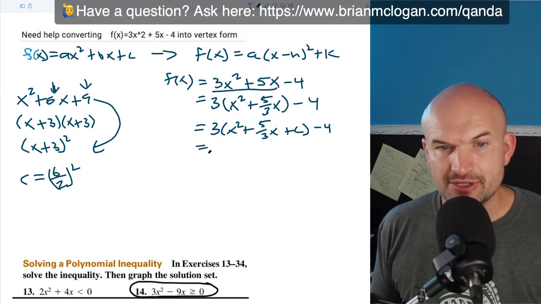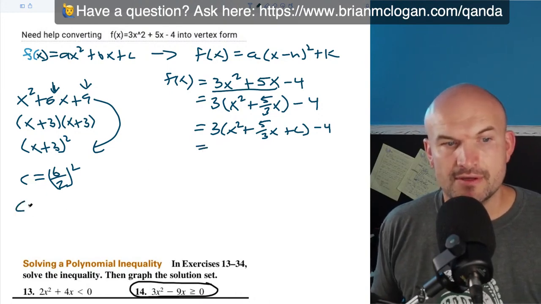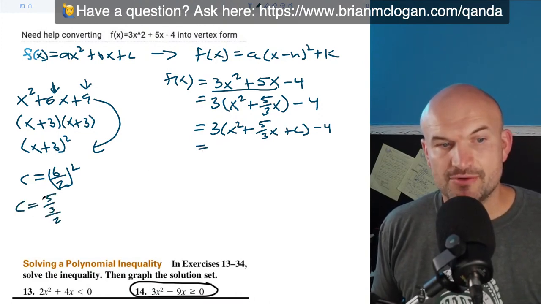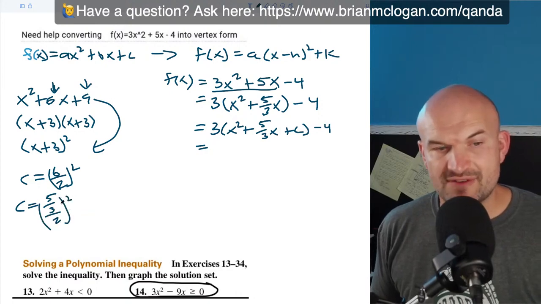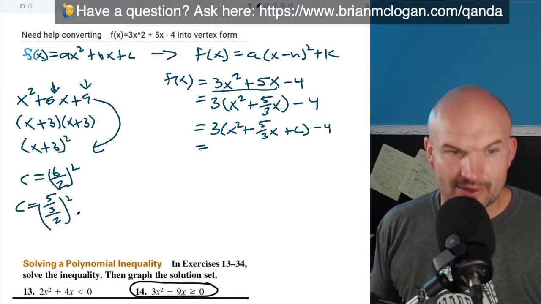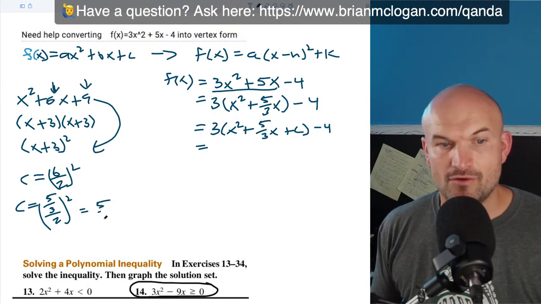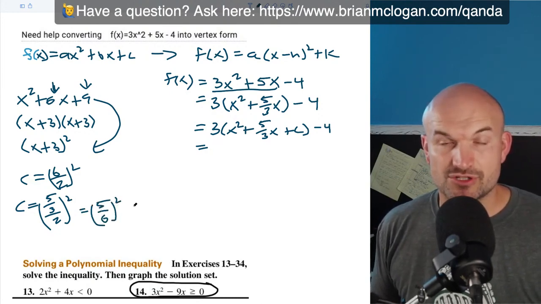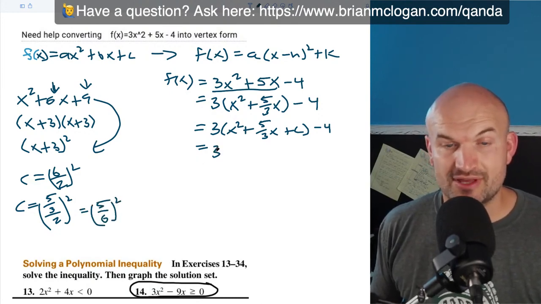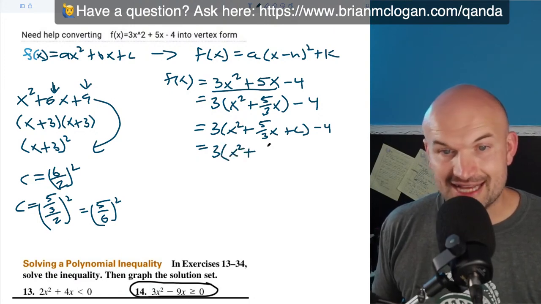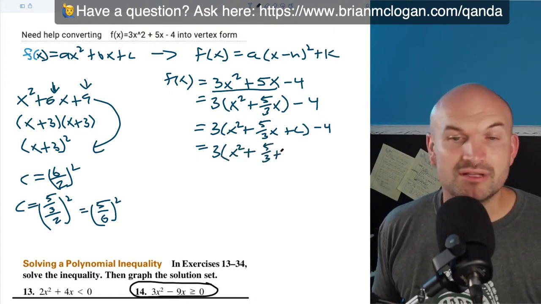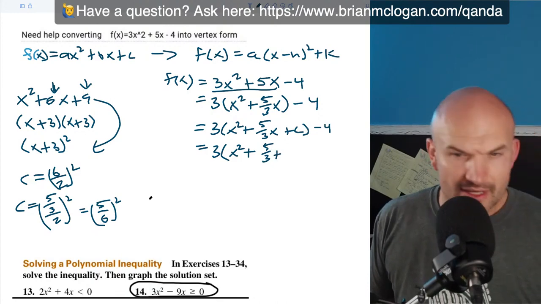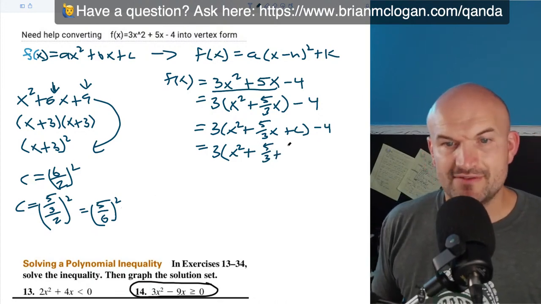So in this case, what I'm simply going to do is take 5/3 divided by 2 and then quantity squared. Well, what is 5/3 divided by 2? Hopefully you recognize that is going to be 5/6 squared, which is 25/36. So therefore I have 3 equals a x squared plus a 5/3 plus, and this is going to be a